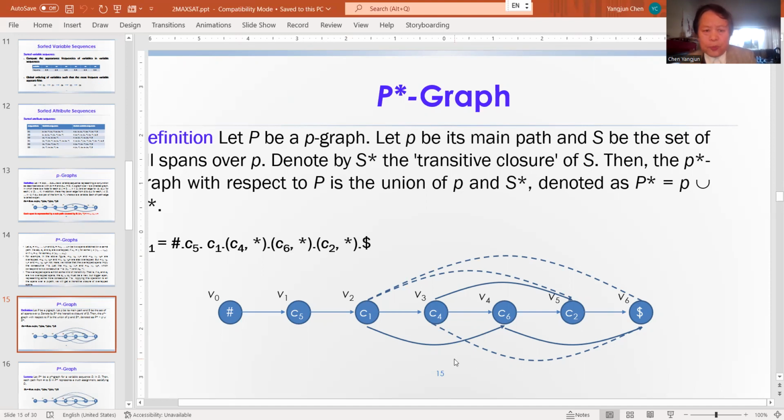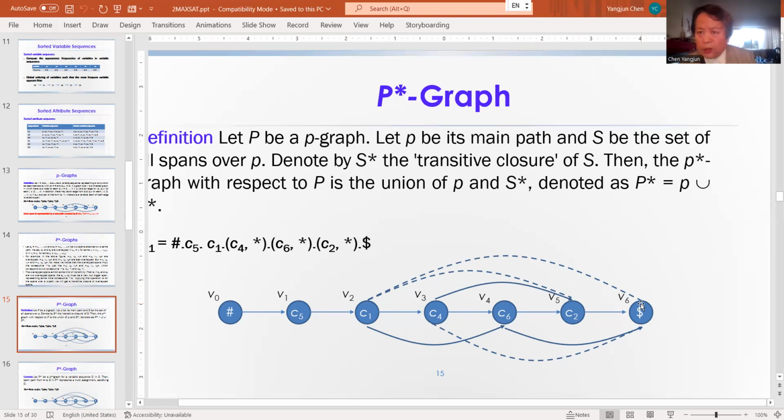For example, when we go along this path, starting from this node, then this node, then this node, then along this edge to the end node, we just get a truth assignment under which the corresponding conjunction